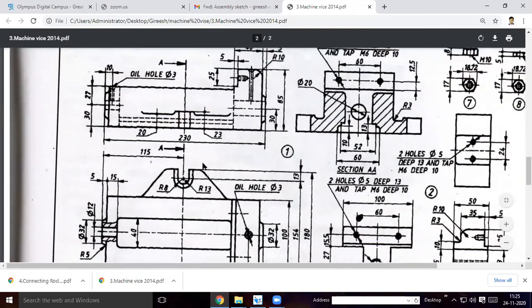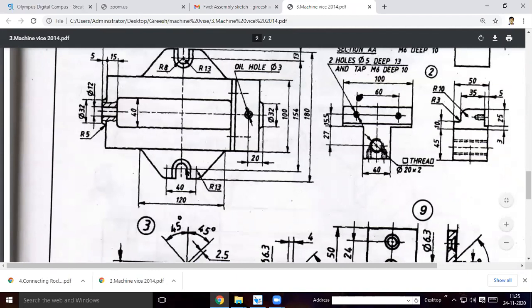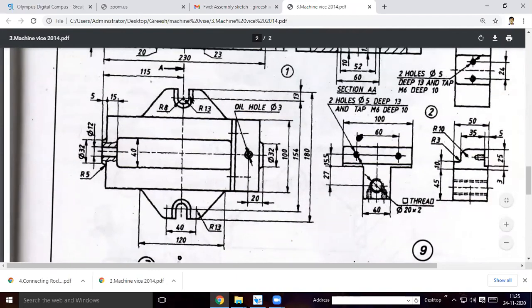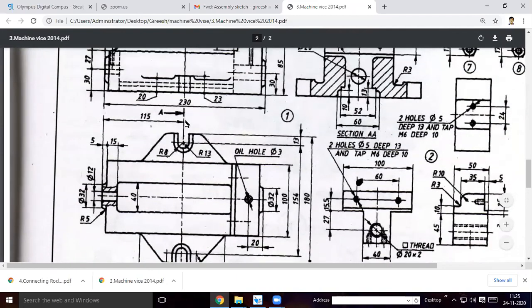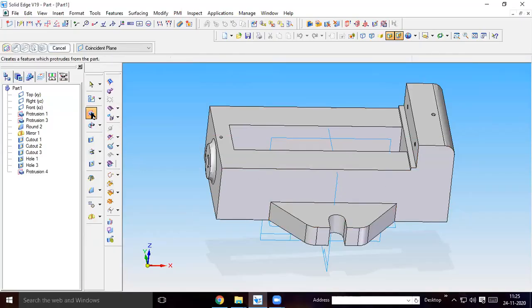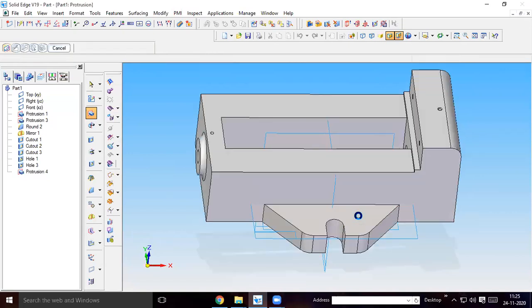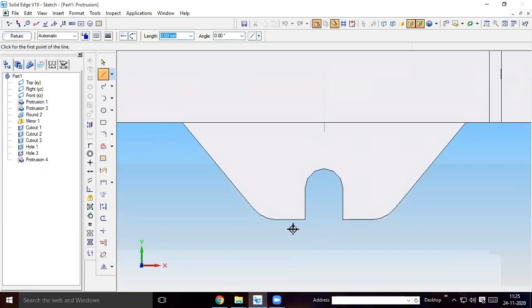Okay, so again here you need to create these two profiles, this U shape line and this U shape line, and then with that U channel you can protrude for 3 mm. Since it is already there, you select the protrusion option, select this surface, top of the newly formed surface, and from the end of this line draw 13 mm line. This is 13, as you know, 13 mm at 90.